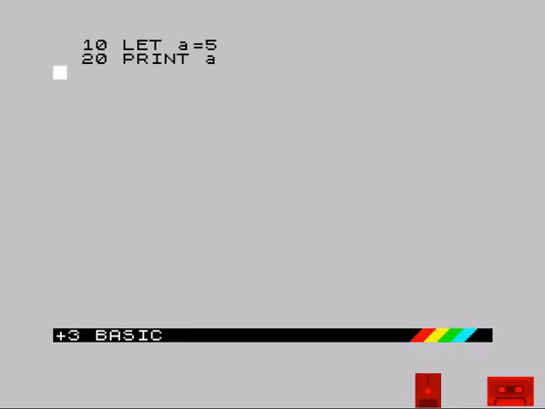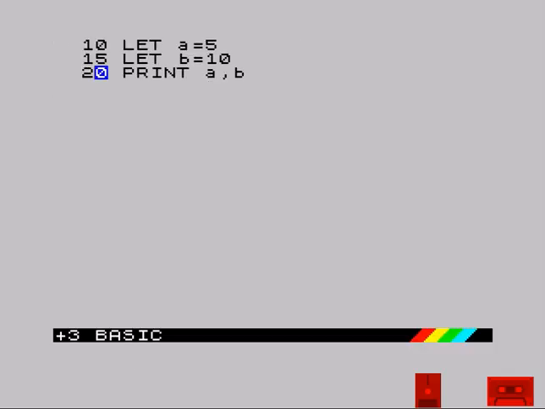We could also add a line in between there, so let's do let b equals 10, and then what we could do is print a. We'll do a and b. A comma in a print command is equal to a tab, so let's do that. So we've got 5 and 10, or we could add them up with a plus. So we've now got 15,